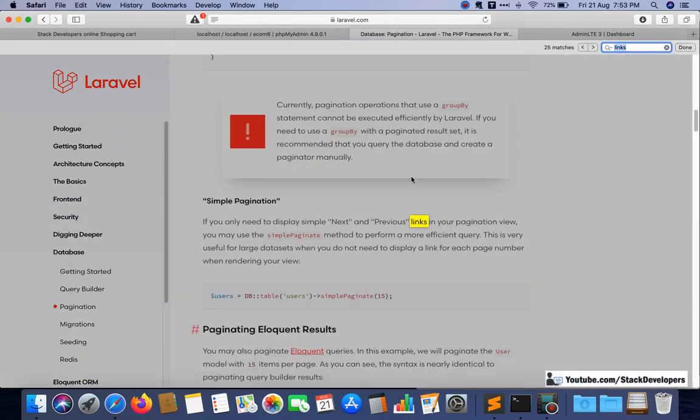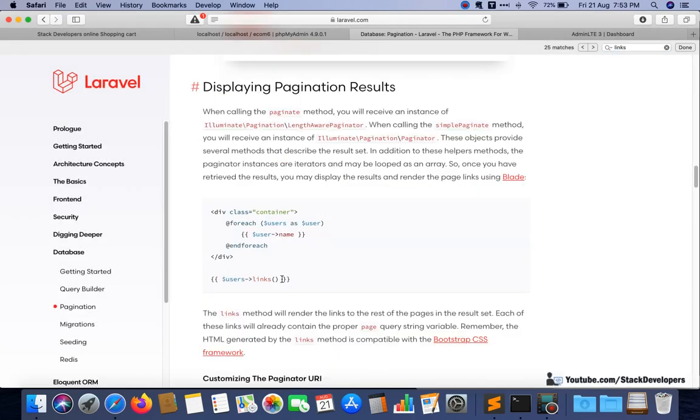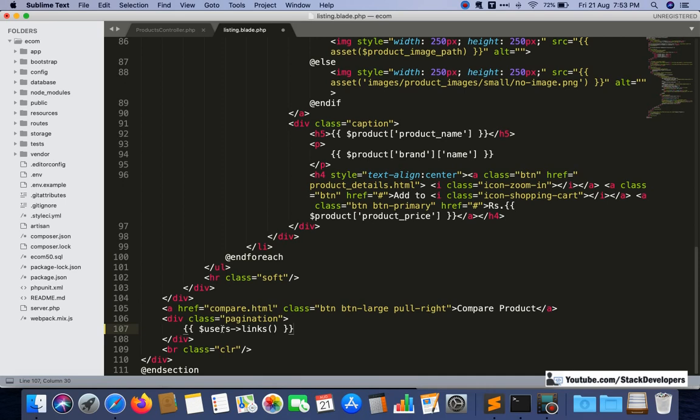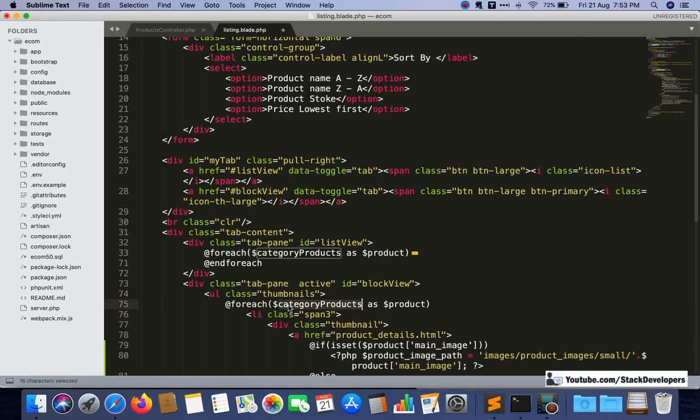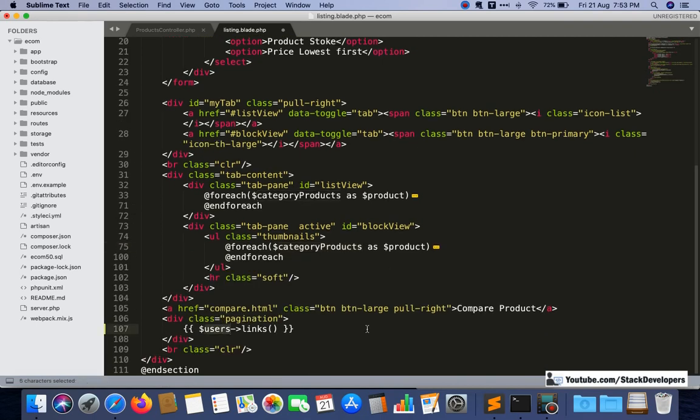There is a links method that will display the pagination, as you see, displaying pagination results. This is the only thing we need to do to bring the pagination here. Instead of users we will pass our array, which is the category products. Don't pass users here. So category products, and here links. Links is another method that will take the query result and display it here. It is a predefined function of pagination.